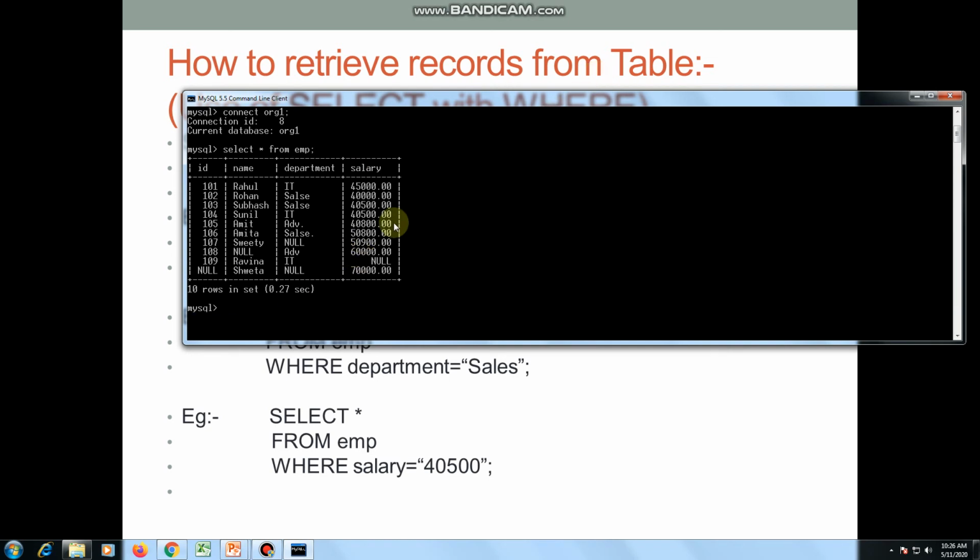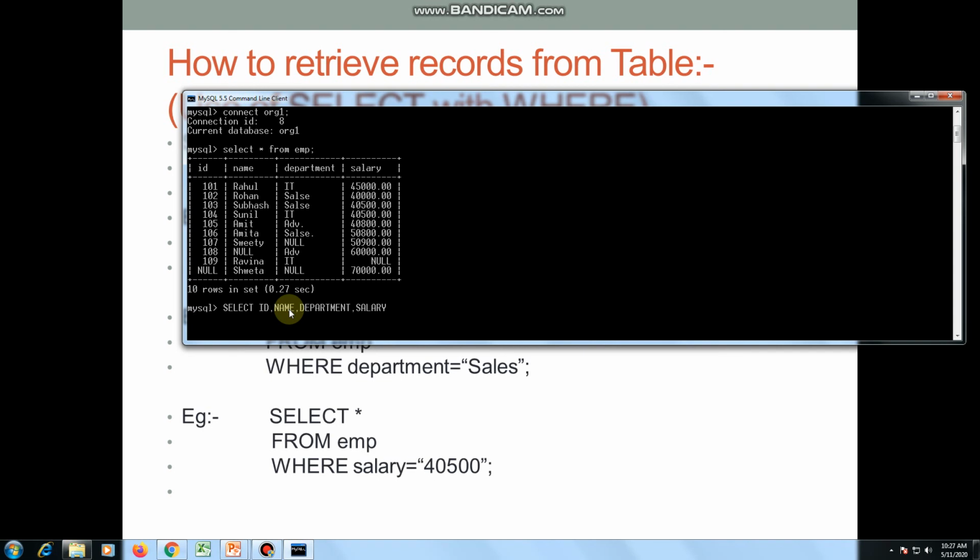Now in this table I would like to display only the details of employees having department as IT, meaning only employees from the IT department should be displayed. So in this case I need to use the select command with the where clause. The command will be: select ID, name, department, salary.